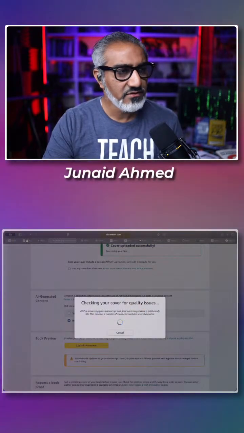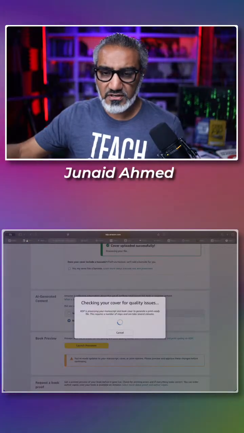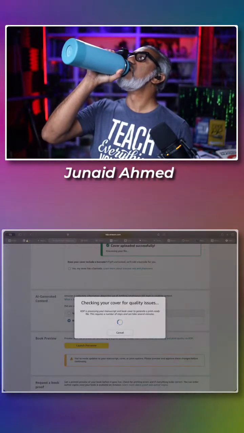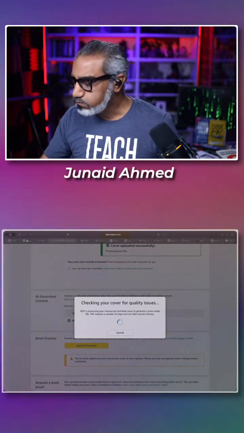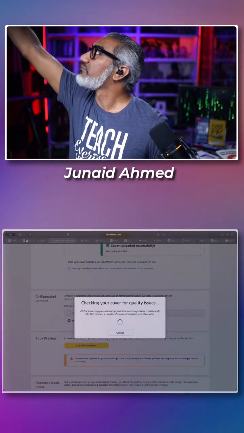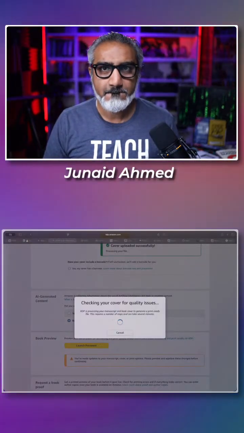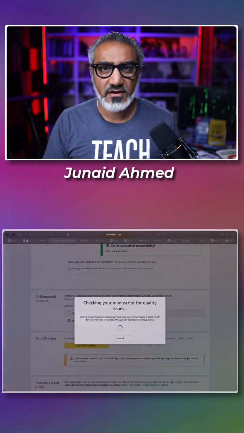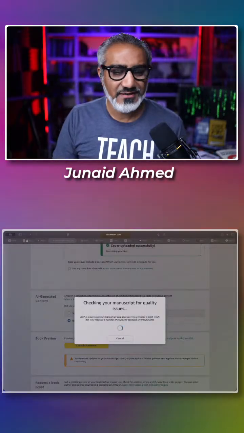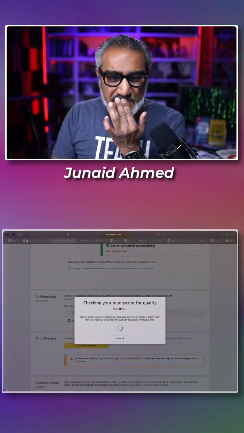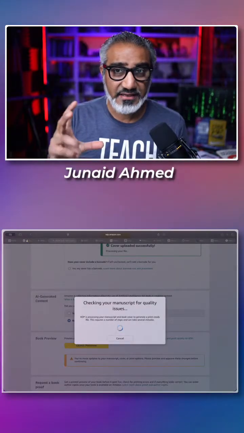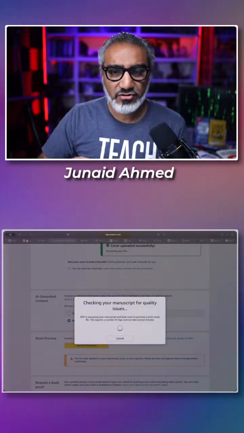let's go to this one, checking my cover for quality. It's coming back up, checking manuscript for quality. Now what's crazy is that some platforms will account for the bleed and crop.